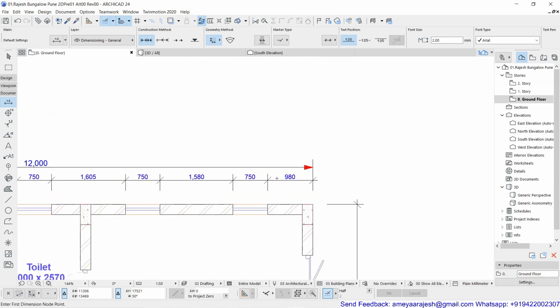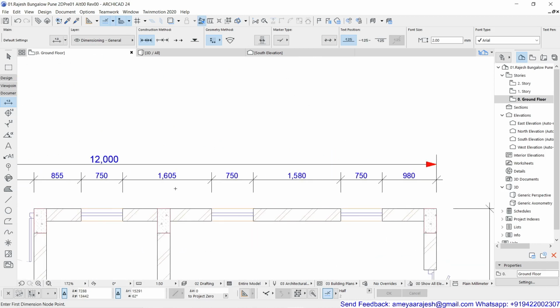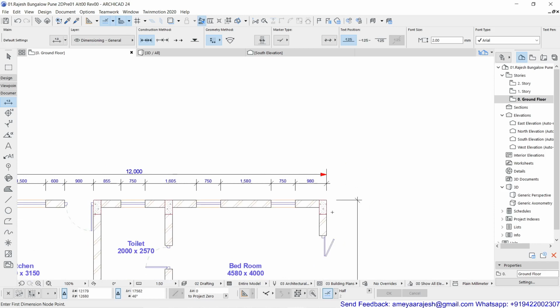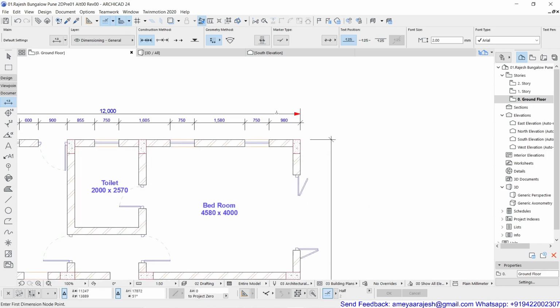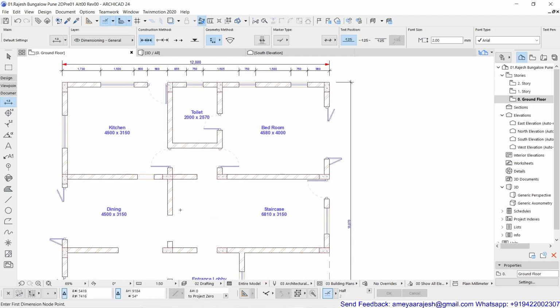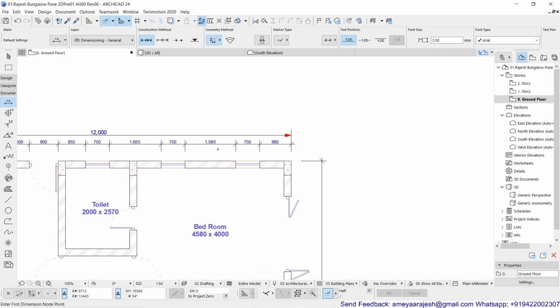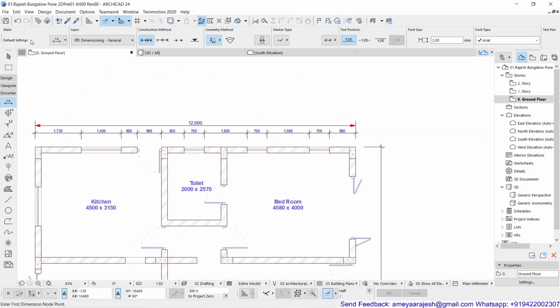Now, if I want to match the parameters of this dimension, that is its arrow, the text height, the pen number for the line, everything, and I want to give the same to this one, how can I do that? The option which I am showing, that is pick parameters and inject parameters, is quite applicable for other objects. Probably we have seen this at the time of hatch also, but again I'll revise this for you. For the source object, make sure nothing is selected.